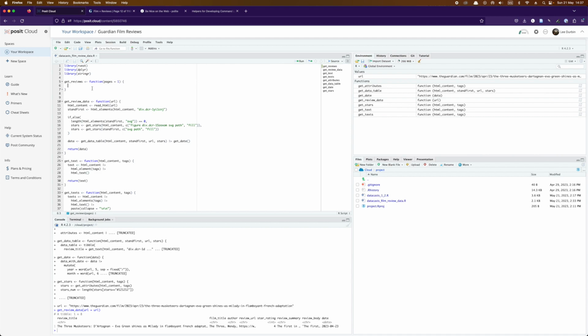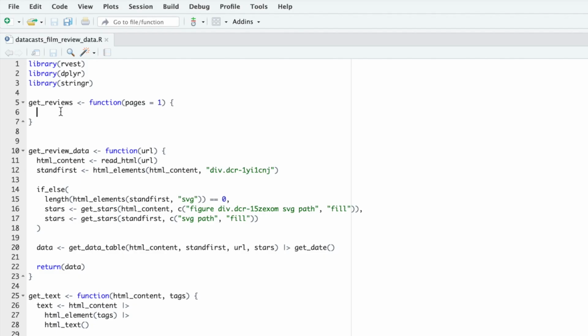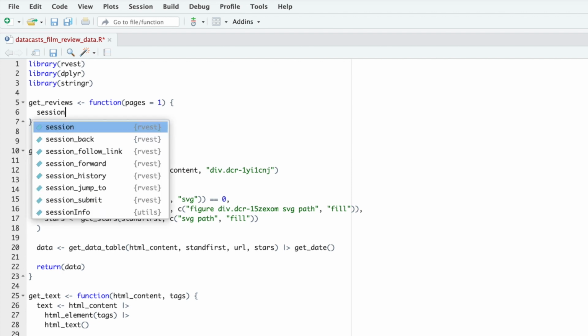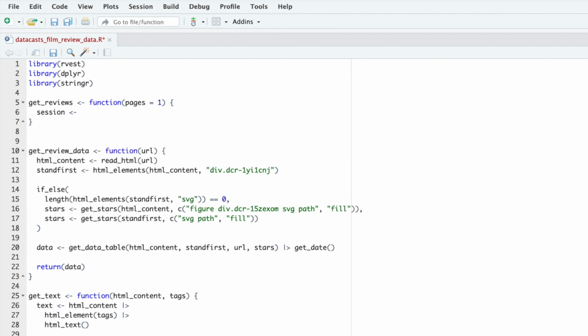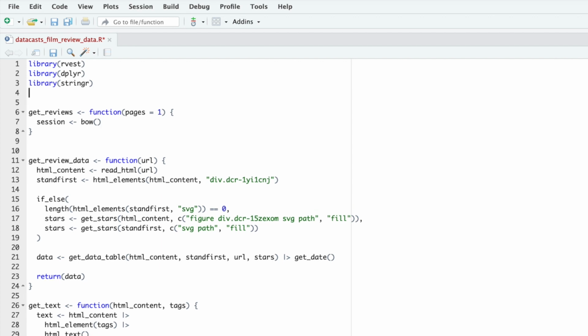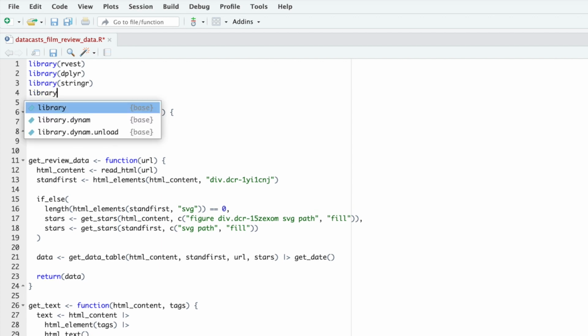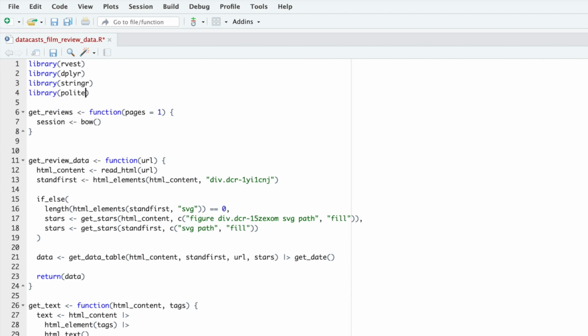So we've got our get reviews, and the first thing we need to do is introduce ourselves to the Guardian website through the bow function. And we're going to store that in an object which we will call session. So we're creating this session and we're going to call bow. And let's not forget to load the Polite library. I've already installed this package, so I'm not going to go ahead and install it, but you may need to install it yourselves, and then you can call that package with library, which allows me to call the bow function